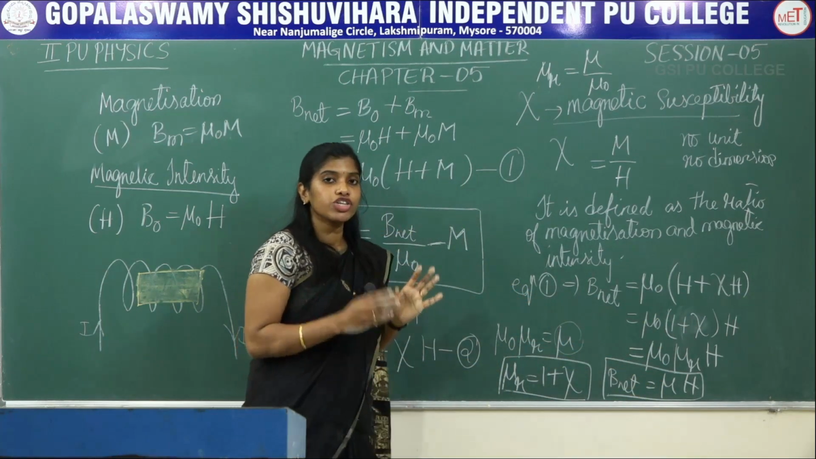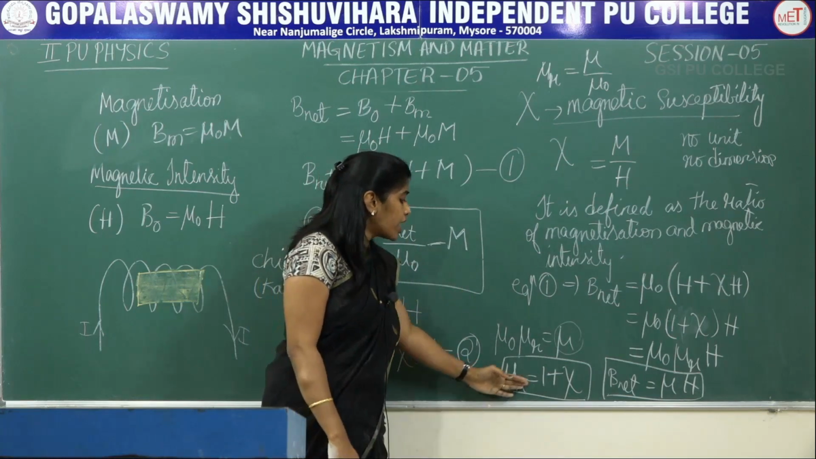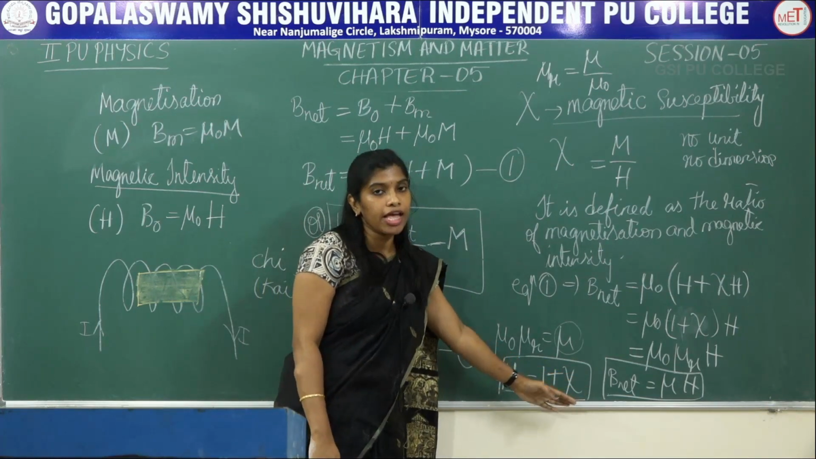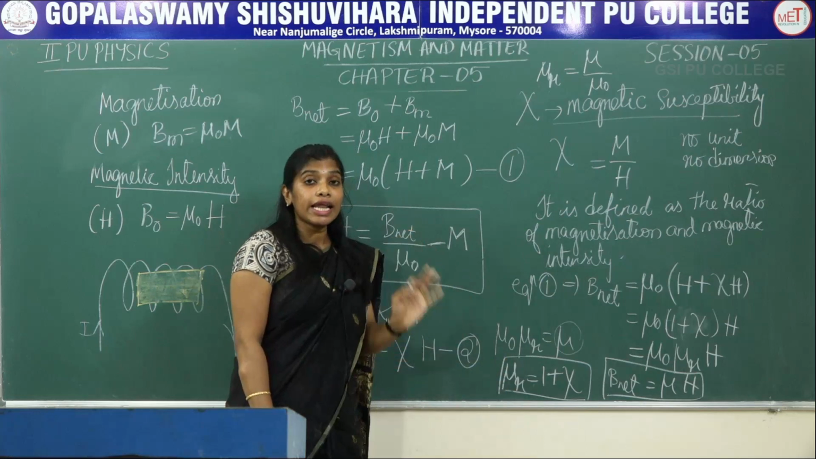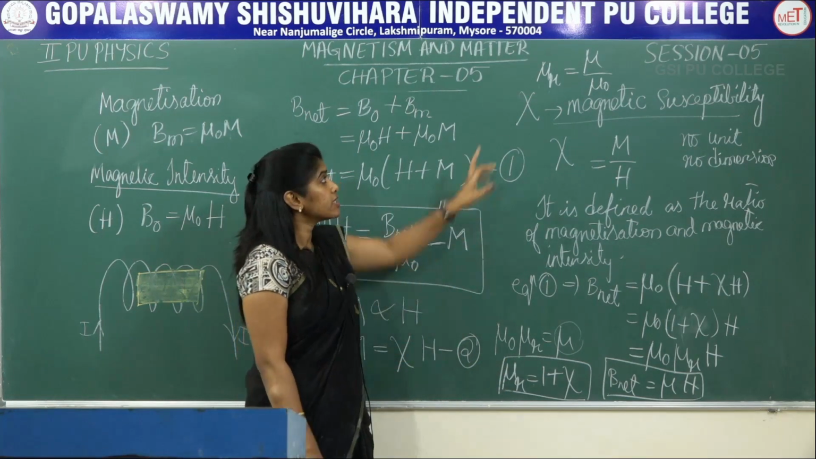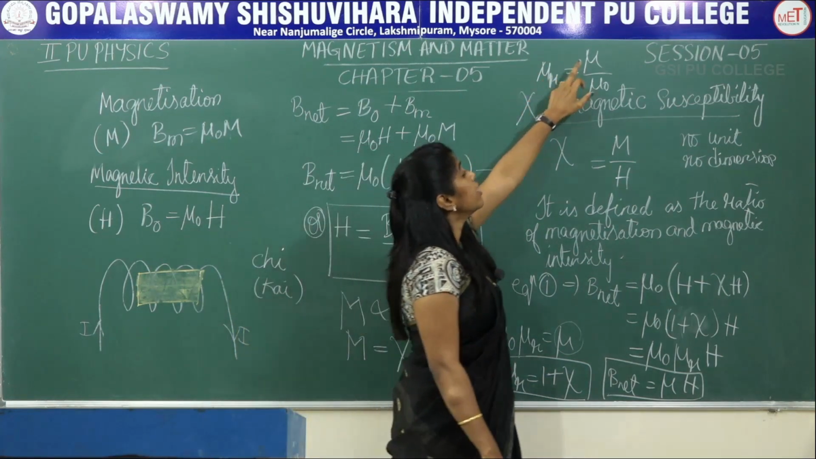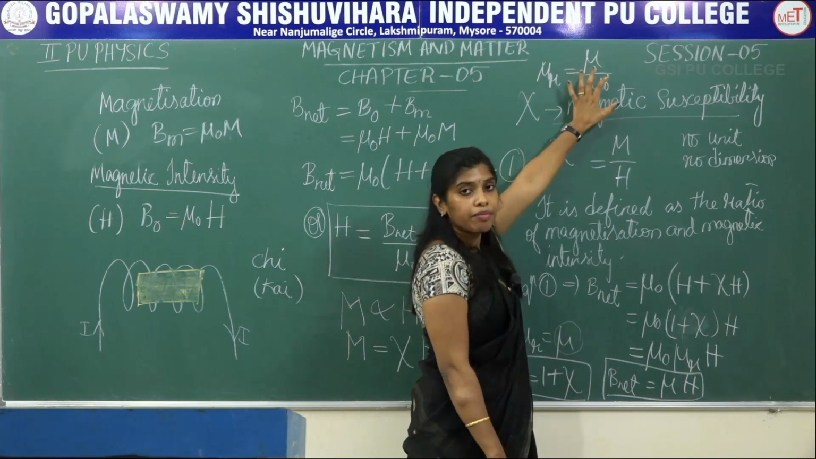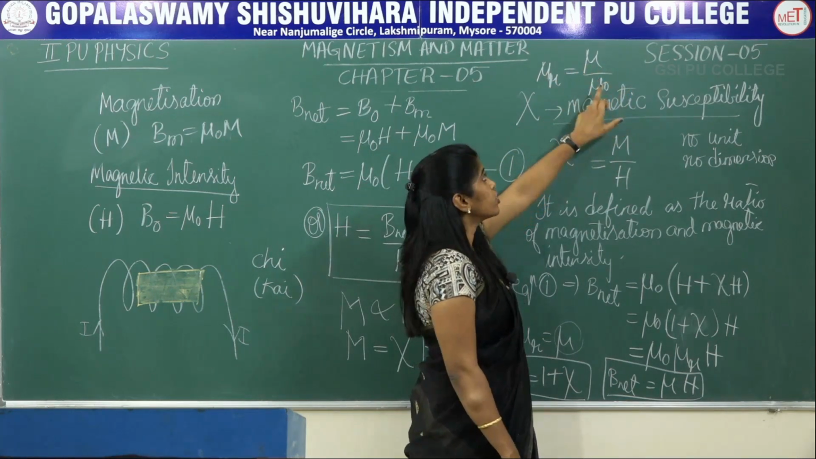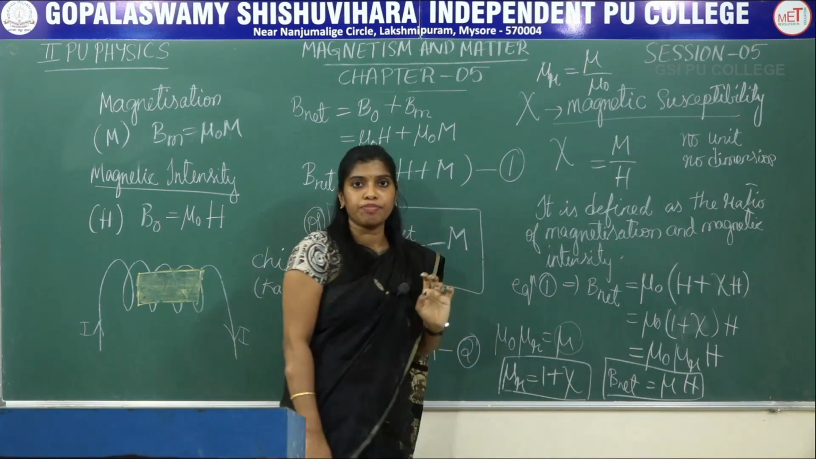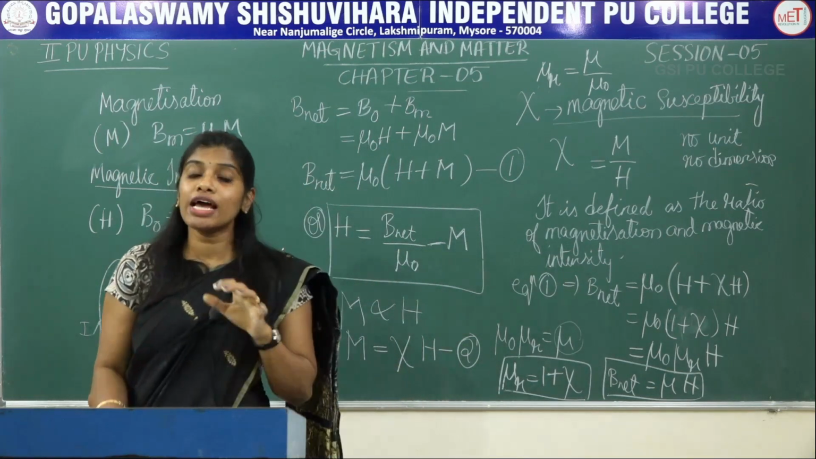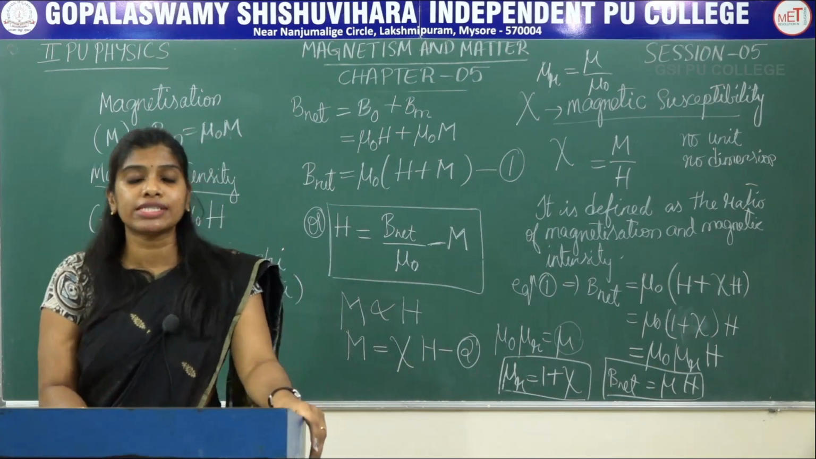and here the very important relation which you have to remember is mu r is equal to 1 plus chi, where mu r is the relative permeability, and this relative permeability is the ratio of permeability of any material to the permeability of free space. So in my next session, I am going to discuss about the